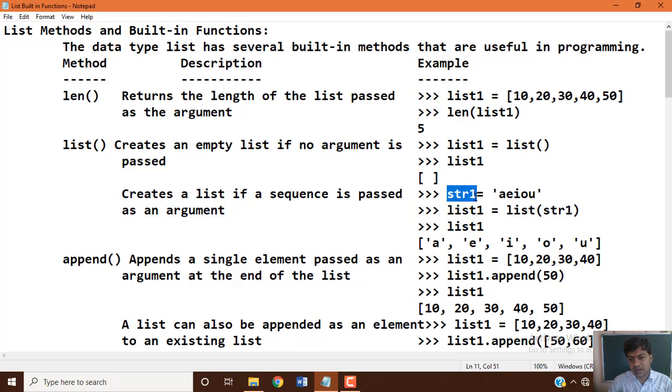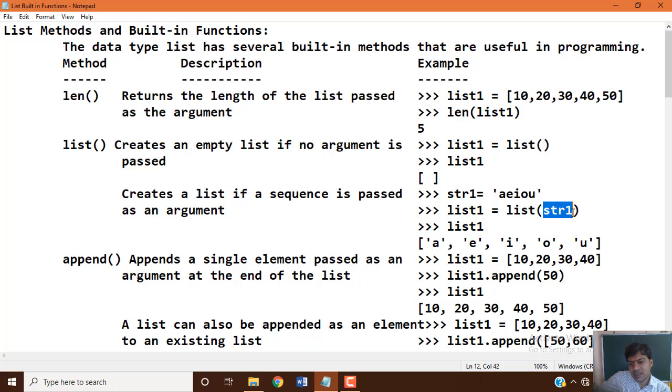First we define a string variable, vowels, and assign the data A, E, I, O, U. Then we create a list variable with the list built-in function, and the argument we pass to the list function is the string variable we defined, which contains a set of characters, the vowels A, E, I, O, U.